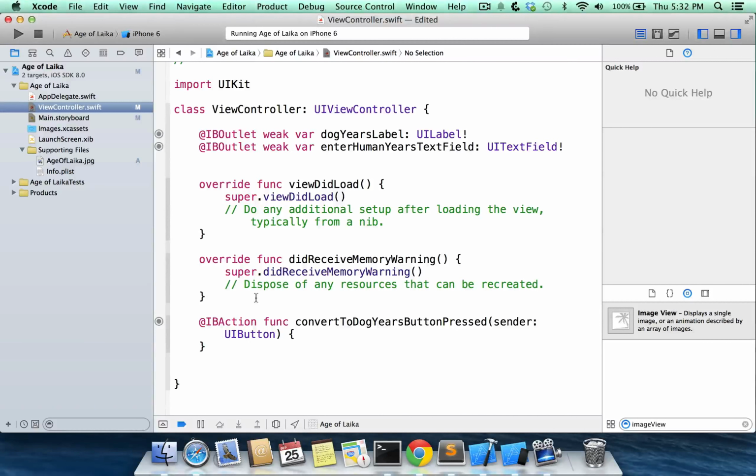Now let's solve the coding portion of the Age of Laika challenge. To do so, we're going to need to write our code in the ViewController.swift file, specifically inside of the convert to dog ears button pressed function. The first line of code we're going to write is to access the text from the